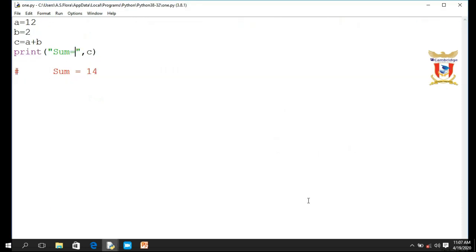So if you want to use the format character here, then according to the syntax, what do I have to do? I have to write "sum equal to %d" for integer, then outside that string, after closing the string, you have to specify the percentage symbol followed by the name of that variable.